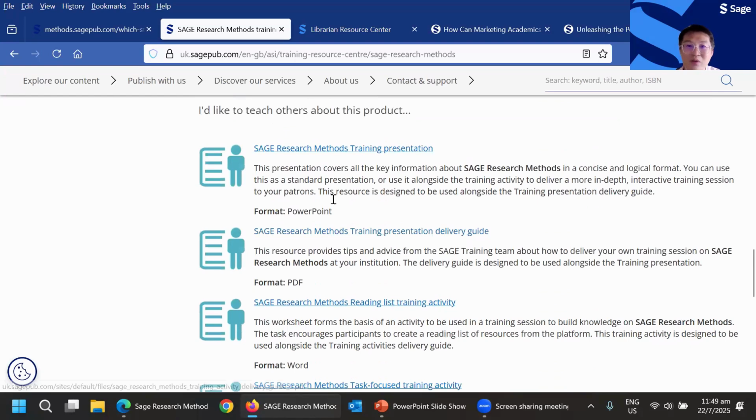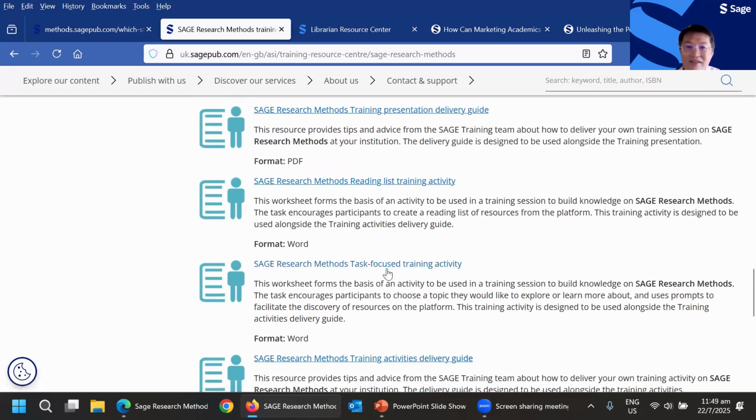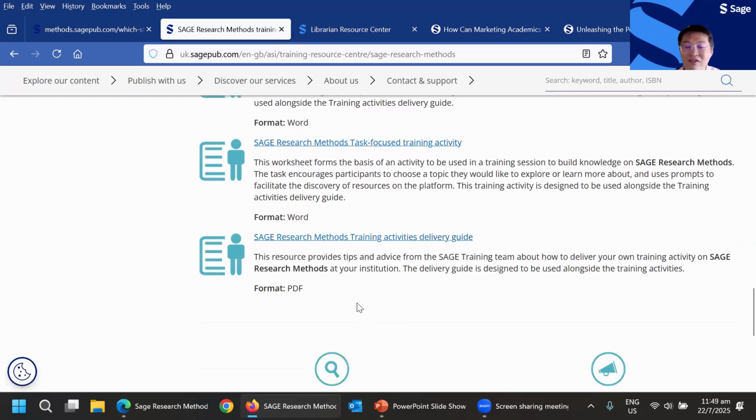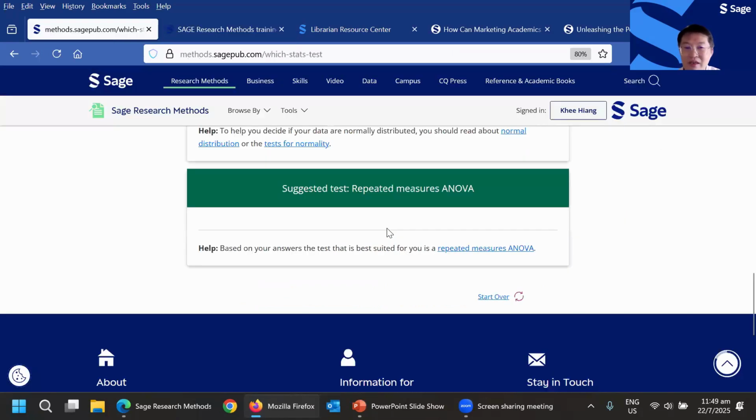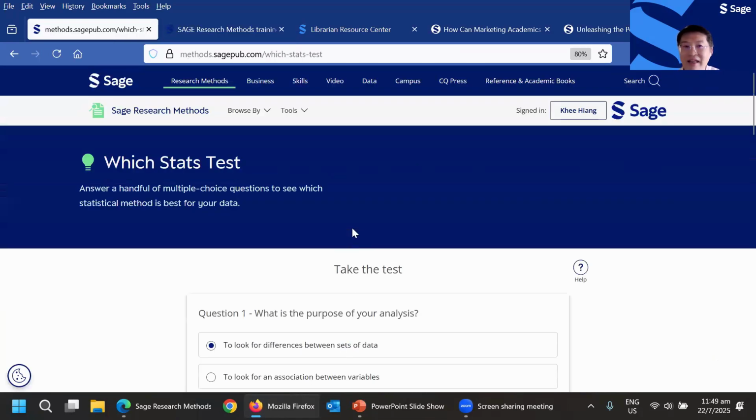And then for users, we even provide a delivery guide, some training activities, and the costs if you really want to conduct it. Now, importantly, most of the time, no matter which page you land on in SRM, always